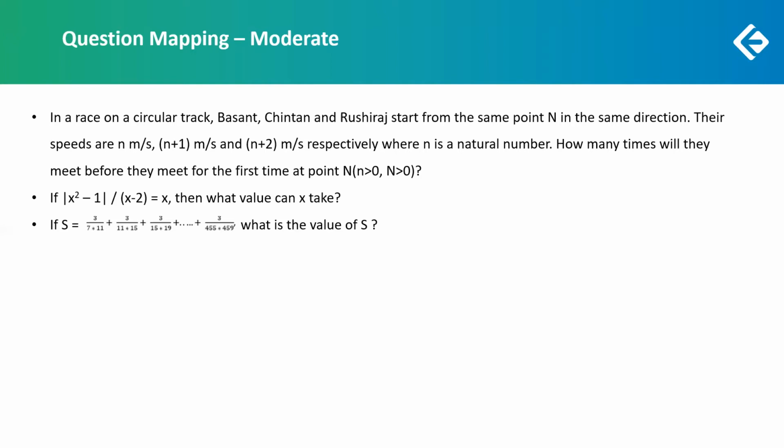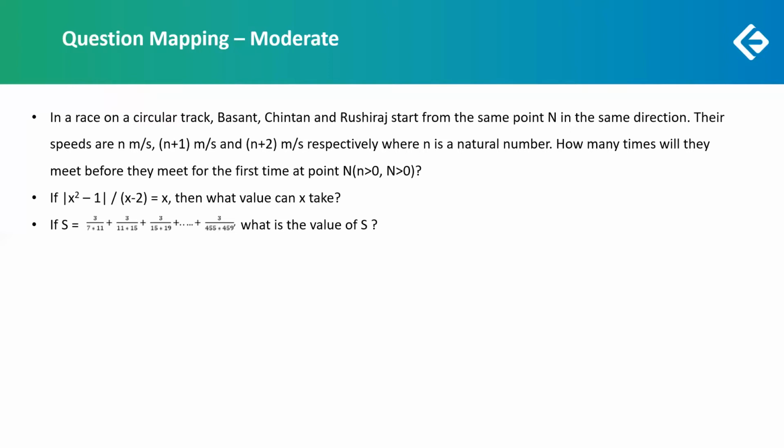Next, we had a question on progression, a special case which we have learned in class, standard questions. So 3 by 7 into 11 plus 3 by 11 into 15 and so on. First we could take 3 common from all of them. Then we could see that in each of the denominators, the difference between the values is 4. So we should multiply and divide with 4. The 4 that we divide would be outside the bracket,